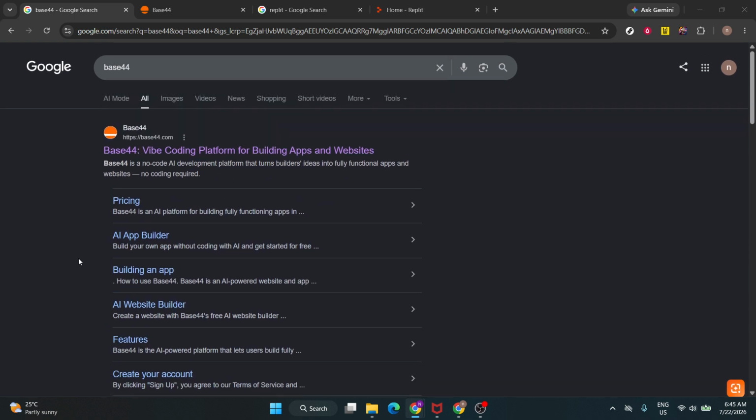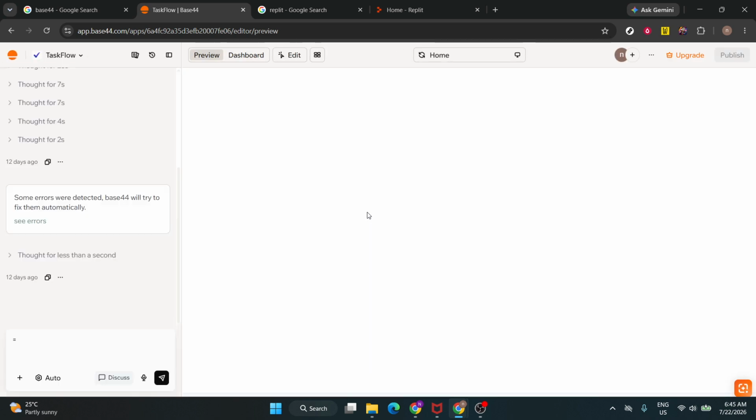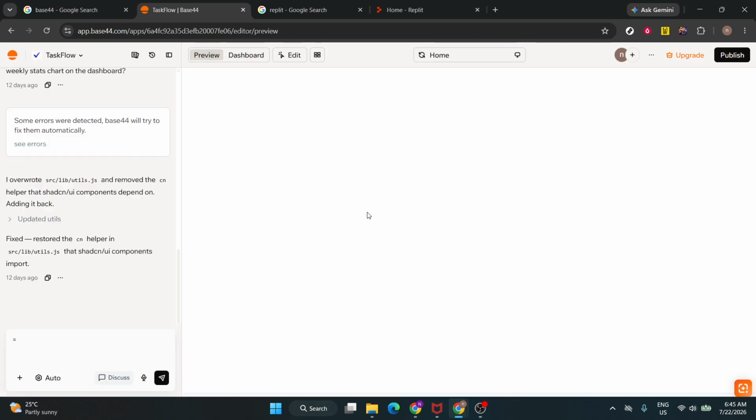First, go to Base44 and open your project dashboard. This is where you'll see your existing apps and projects. From there, select the project you want to move over to Replit. Make sure you're opening the correct project before exporting, especially if you have multiple versions or similar app names in